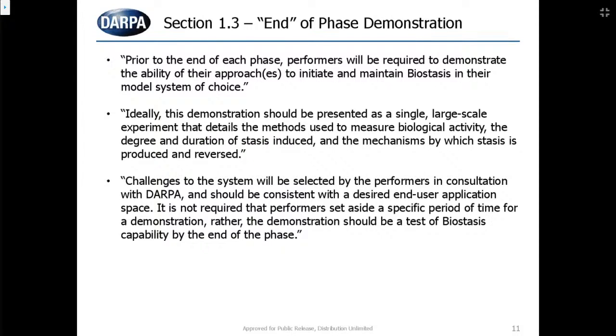Additionally, the components that are being evaluated are chosen in such a fashion as they demonstrate real world application, even though we are, as I mentioned before, operating in a truly exploratory and preclinical space. But for example, at the close of the first phase, where stabilization of simple molecules against temperature denaturation is a reasonable demonstration, we worked with the performer teams and took input from medical officers in the armed services to collect